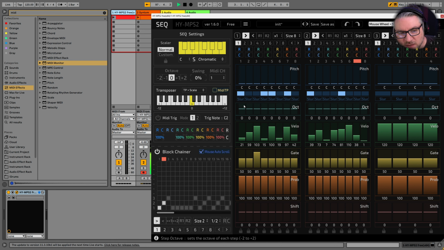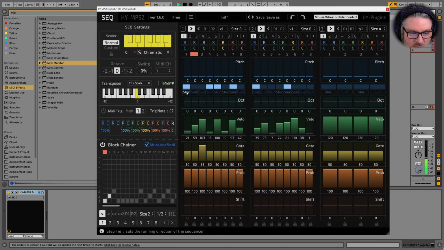Weird. Now it works fine. Maybe it was just hung. It's possible it was a hung note, I guess, or a hung signal. I think that was what was going on. So I don't see a roll in here, though.